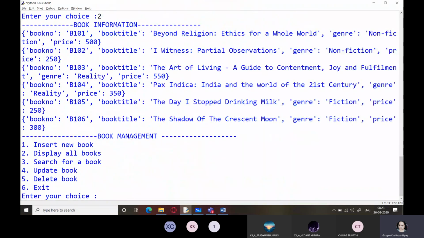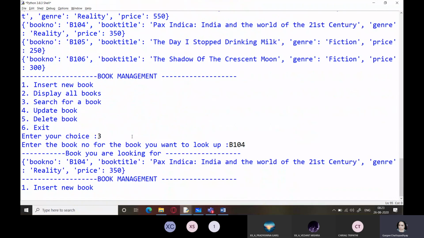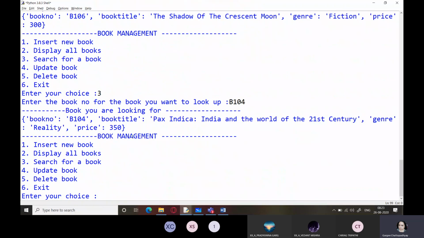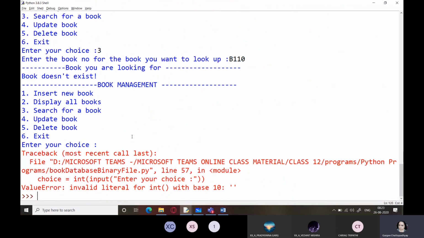Okay. Search for a book is 3. Book number which you are looking for. Let me see, B104. And yes, we got B104. And if I again press search and if I enter B110, book doesn't exist and it is giving a value